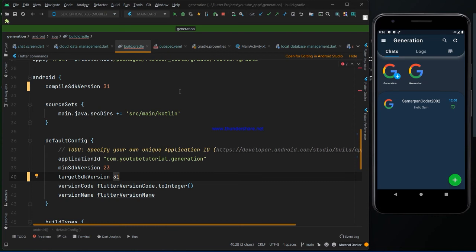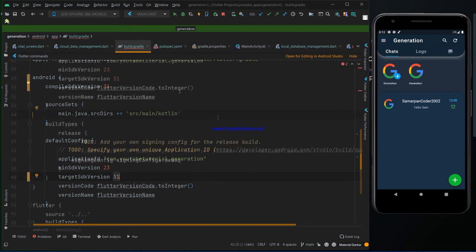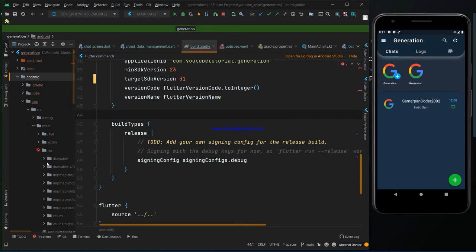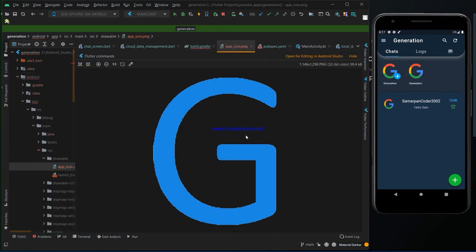So if you are facing problems after doing all the stuff that I showed in that video, just make sure you do all these changes. And guys, I also changed a thing here under android, app, src, main, res, drawable, the app icon. I made this manually, because previously I copy-pasted a Google image, but I don't prefer it because there may be a copyright issue. That's why I use this icon. I specially made it, so you can manually make your own icon as well.